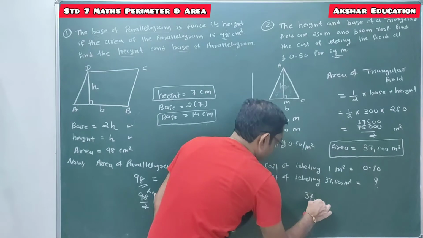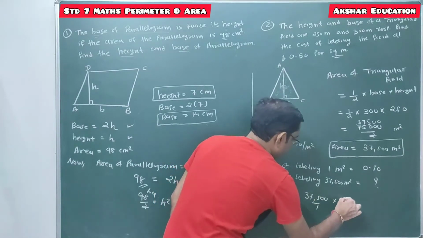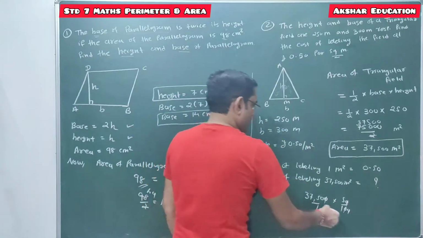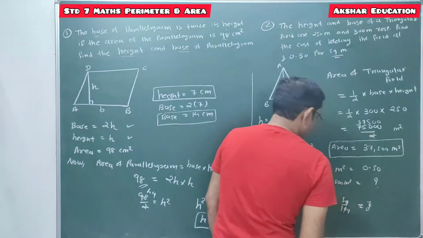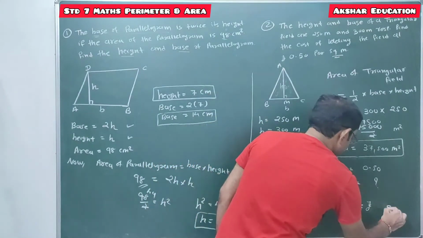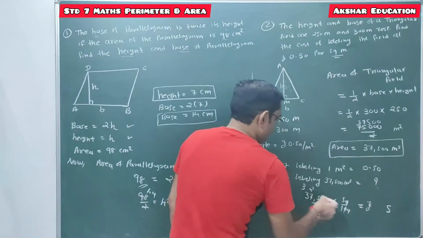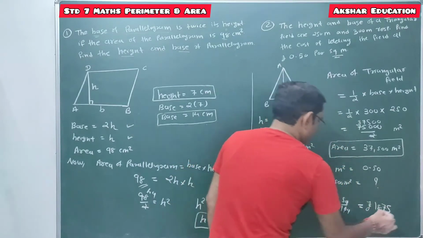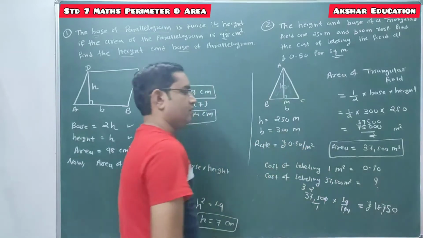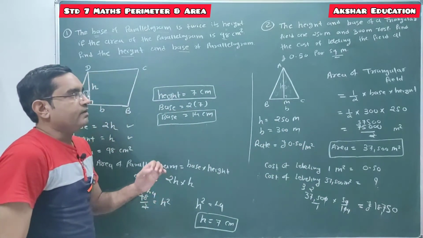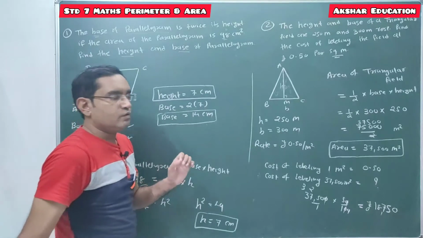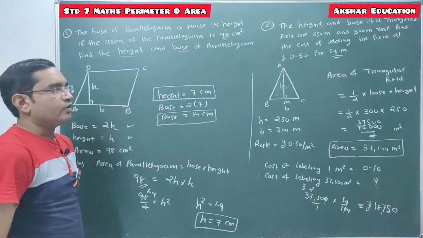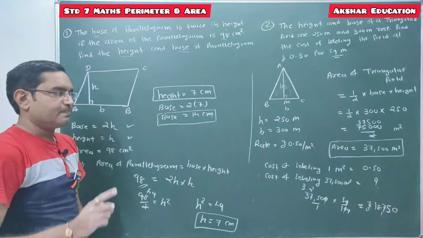So you have to multiply this 37,500 upon 1 into 50 by 100. 1 0 will be cut, again 1 0 is cut. So our total rupees will be 5 5s are 25, 5 7s are 35 plus 2 37, 5 3s are 15 plus 3 18 and 1 0, 18,750. So the total cost of leveling the field at 0.50 rupees per meter square will be 18,750 rupees. Clear? So this is how we can solve your question number 2. Clear, students? Pause the video.